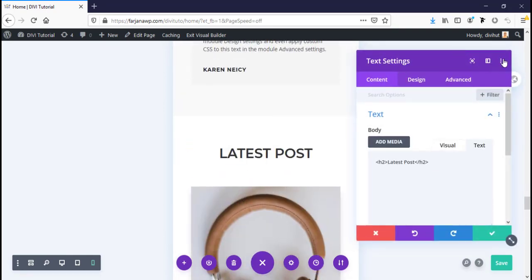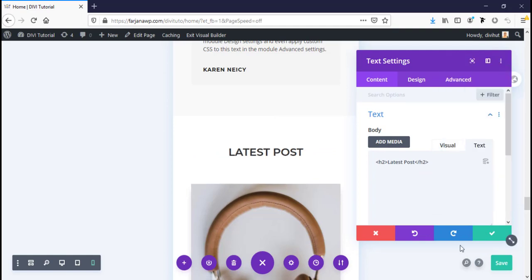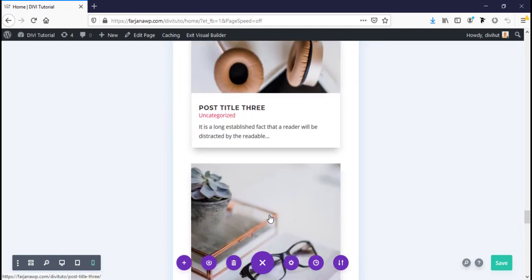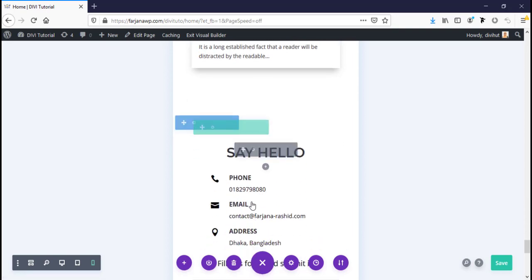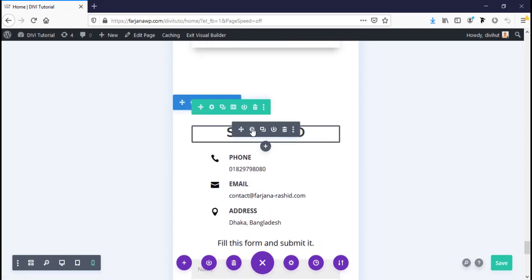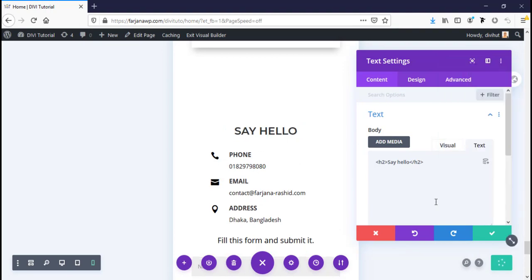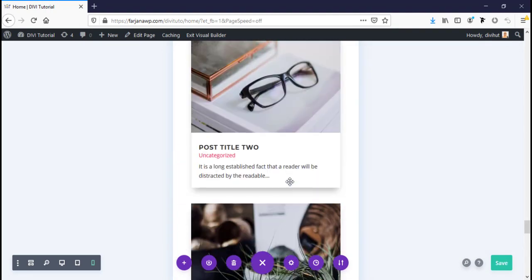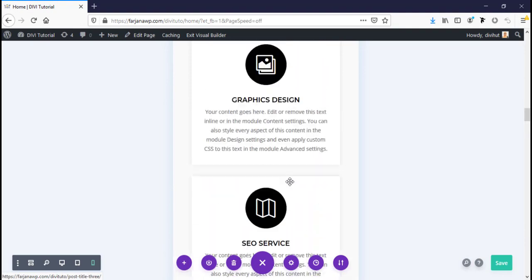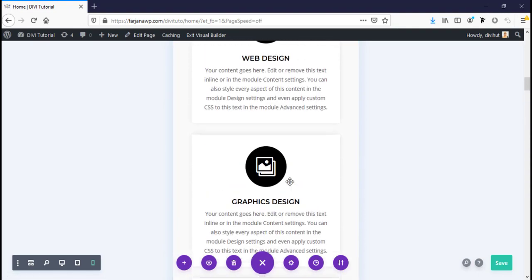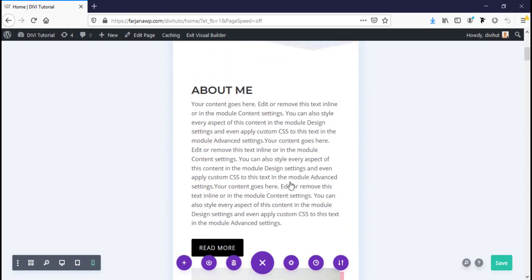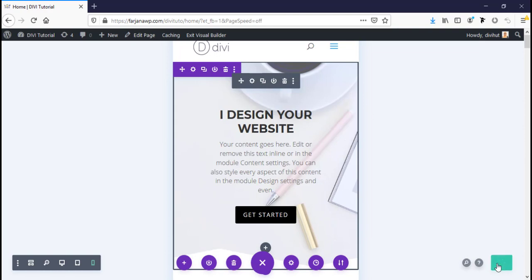doing the same, paste module style, save it, and also going to change this, going to paste module style. Now save it. So in this way we can optimize our page for phone and tablet view. Now I'm going to save this page,